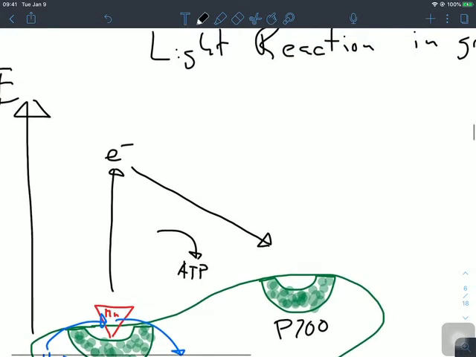Now, last time we introduced a number of enzymes. Or rather, we talked generally about enzymes that are helping in this process of producing ATP. These enzymes are just proteins that perform metabolic functions. They do something that's specifically helping reduce the cost of a reaction. So think of them as tools. And there's a series of tools in between photosystem P680 and photosystem P700. They are, in this order,